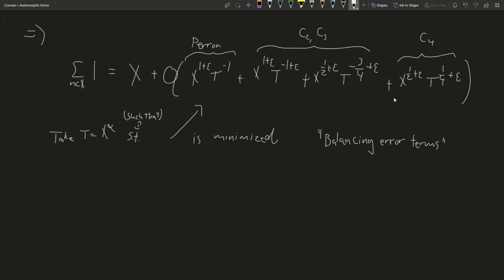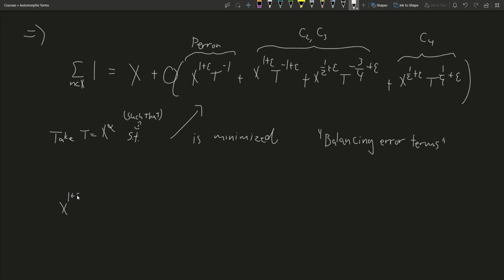So balancing error terms. The idea is that if you look at just, say, this first term, x over t, more or less, that makes us inclined to take t to be very big, because then we're dividing by a big number. But if you look at this last term, we've got a t to the 1/4, and that incentivizes us to take t to be very small, because we don't want to take t to be huge, because then we're multiplying by a huge number. So once we make the substitution, t is x to the alpha, our error term becomes